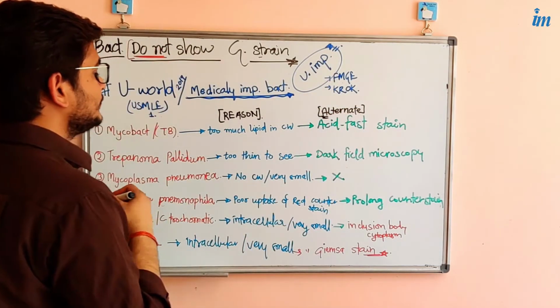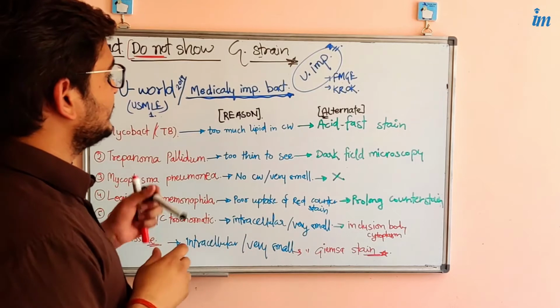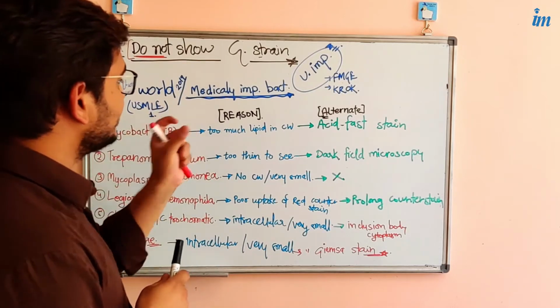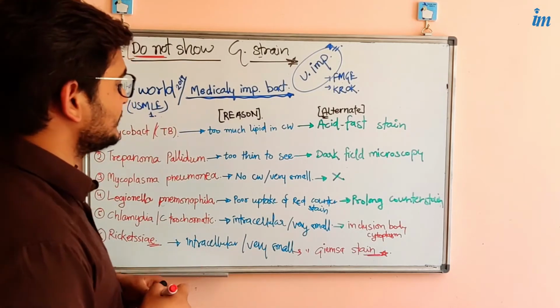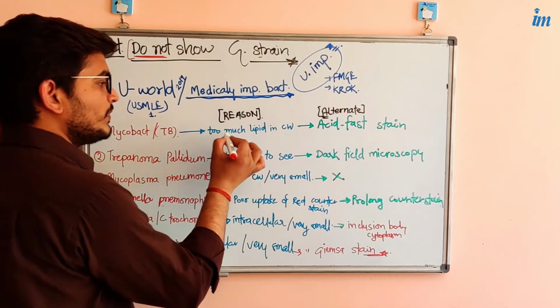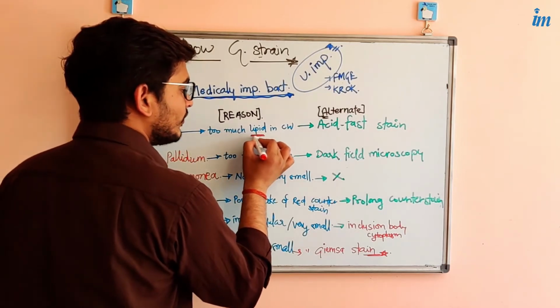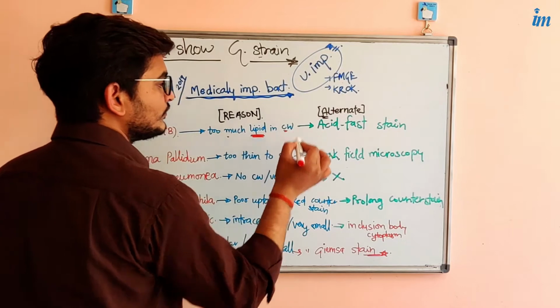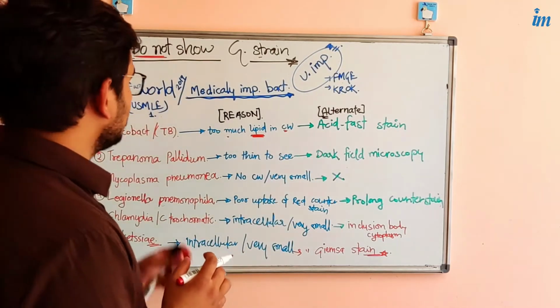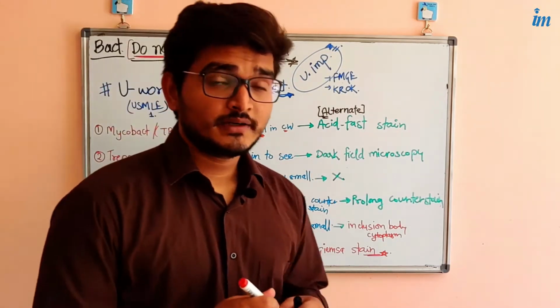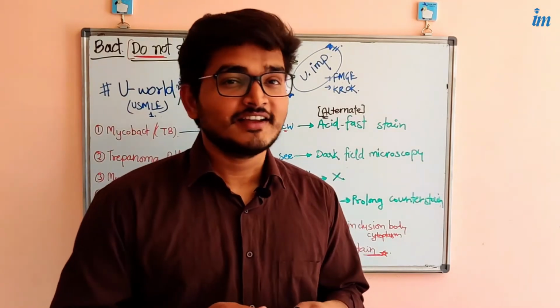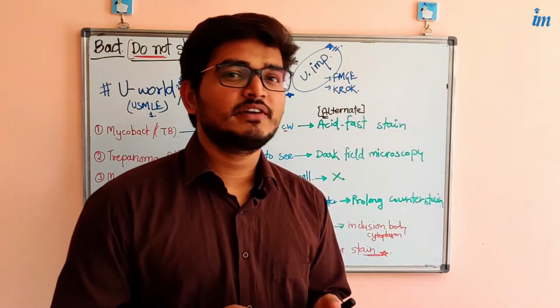Okay, so here the Mycobacterium tuberculosis does not show the Gram staining process, because there is too much lipid in the cell wall. Too much lipid in the cell wall of the Mycobacterium tuberculosis, and that is the reason it is very easy to get infected with that, with the